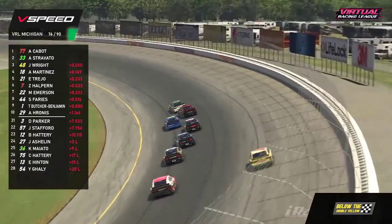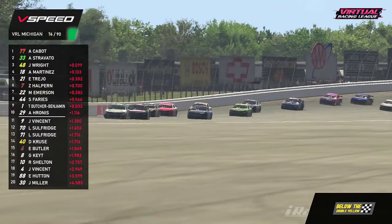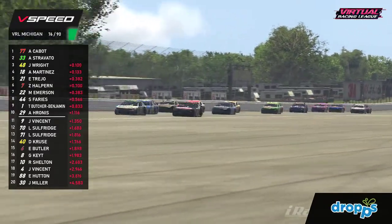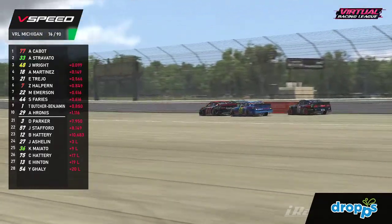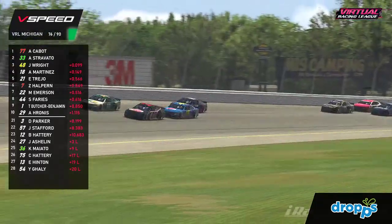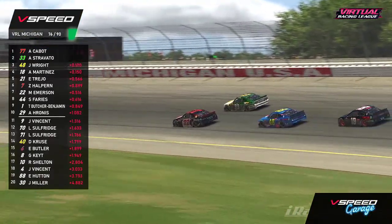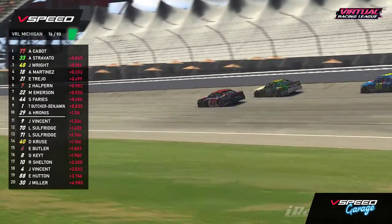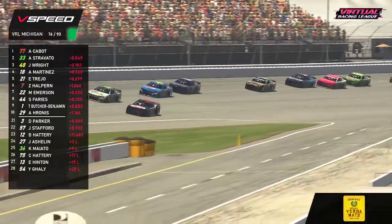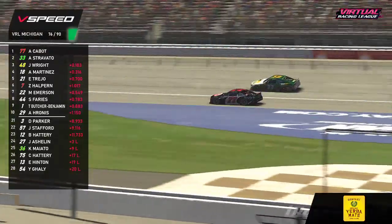Cabot trying to find his way back underneath. Look at the big wiggle there, and cars really scattered right now, and Stravato blocking all the way to the apron. I don't think Cabot's going to have any part of that. He gets to the inside here, headed towards turn number 3. Going to try and take that lead right back away, but he's a little bit loose on turn entry. But really trying to fight back down on the inside. He's able to get mostly clear, but the 33 still out there on the outside. Going to pull back alongside